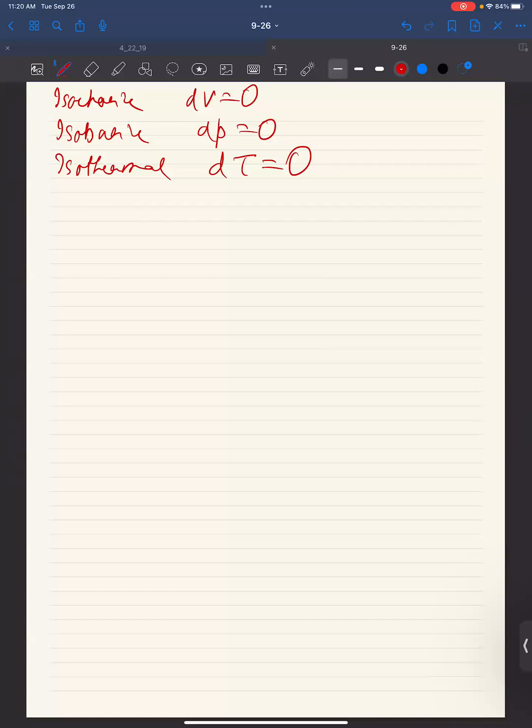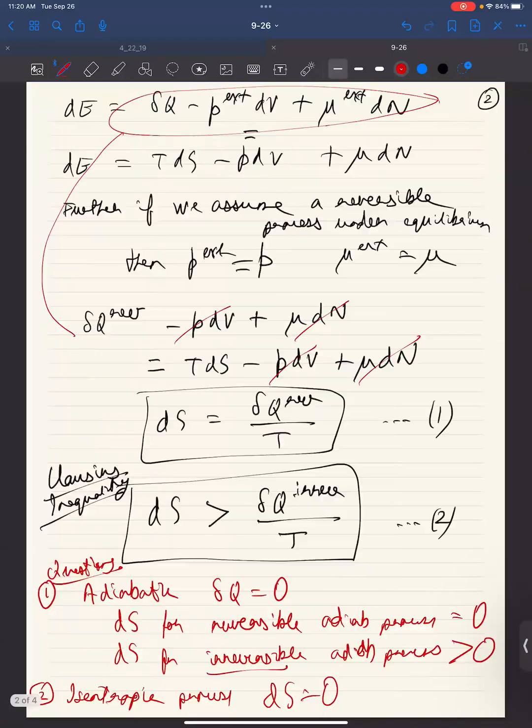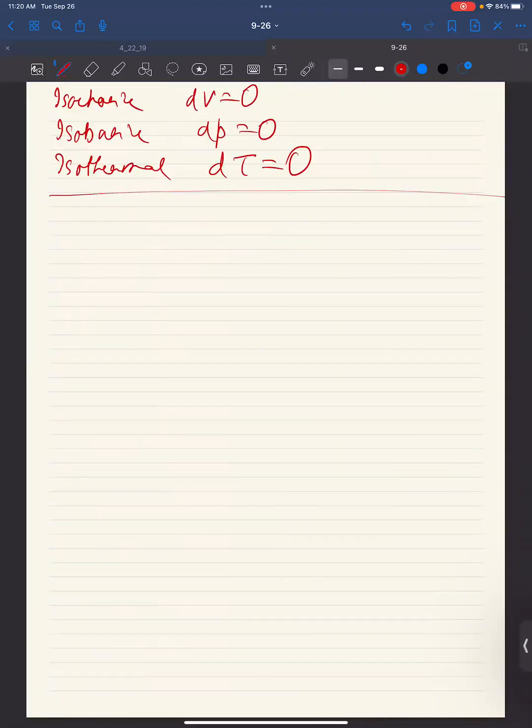These 3 are easy. The confusion always happens between adiabatic and isentropic. So remember, adiabatic is not the same as isentropic unless the process is reversible. If the process is irreversible, they are going to be different. So let's try to prove this. Any questions about this before I go further? Okay, so let's try to prove